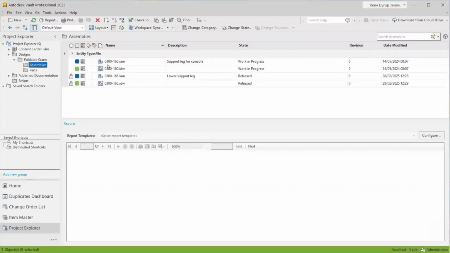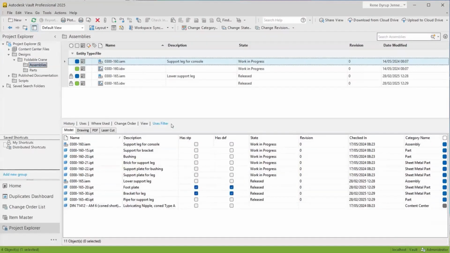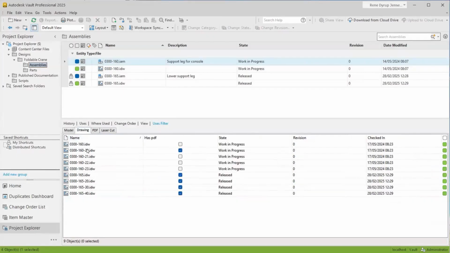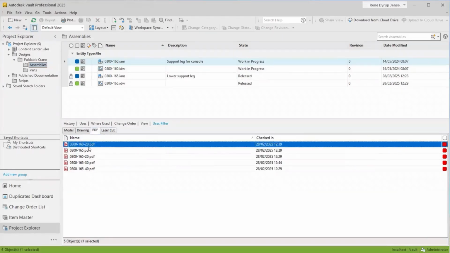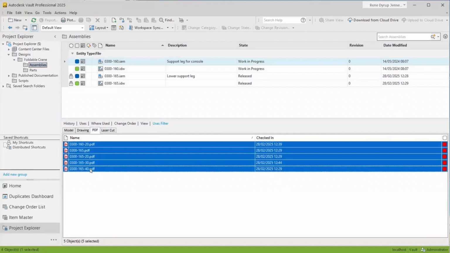In this case, I will mark an assembly. You can see here I have the subtabs model, drawing, PDF, and laser cut. These are just four random examples where I have additional columns added. The columns called has step and has DXF, and in this case also has PDF, are added automatically when you install NCI for our client. As you can see here, if I mark the PDF files, they can be copied in zip. I can open them,